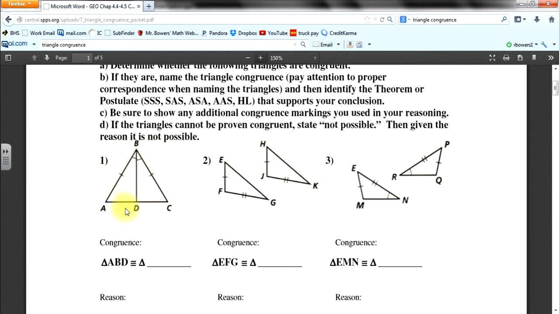Okay, so based off of given information, we're looking to see if triangle ABD, which is this left triangle right here, is congruent to this triangle here on the right, triangle BDC. And if it is, we need to state why it is, which is one of these triangle congruency combinations that we talked about when we did